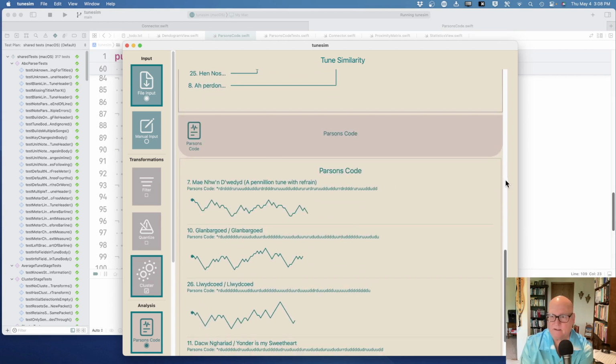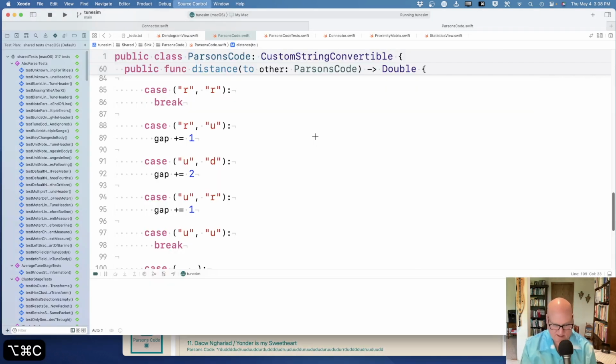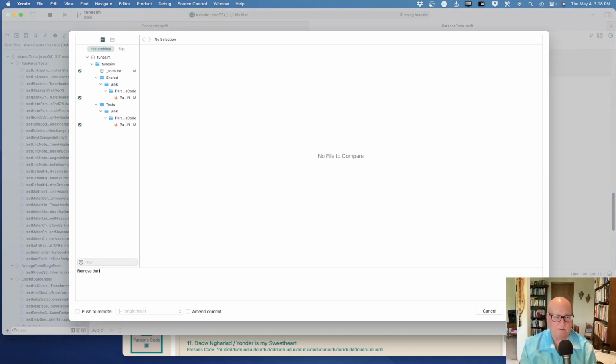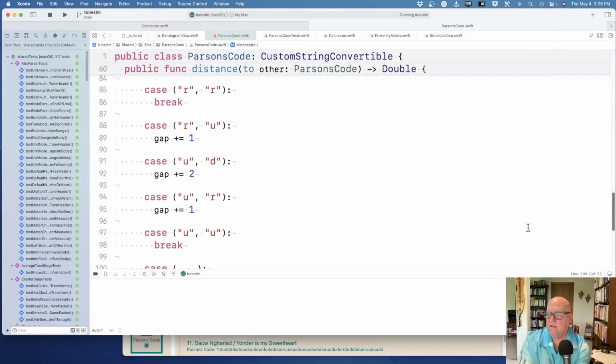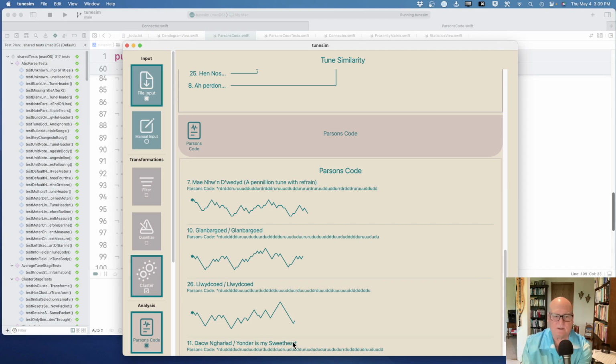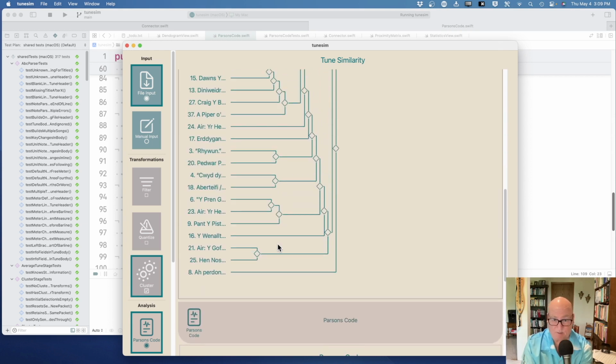I like this change. Okay, so let's capture that. Remove the length penalty when one tune is a fragment of the other. Okay, that is good. You know, a few extra downs can make the whole thing look relatively different, but you kind of have to match up at approximately the same time. Are they going approximately the same direction? How often? Another suggestion I had from somebody was to do